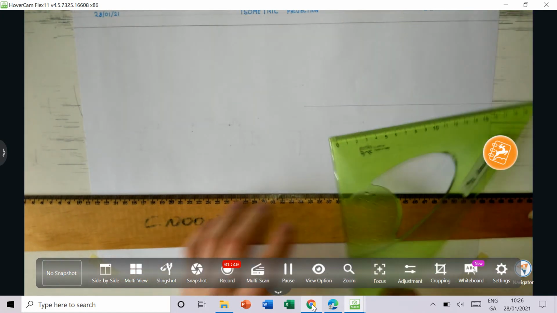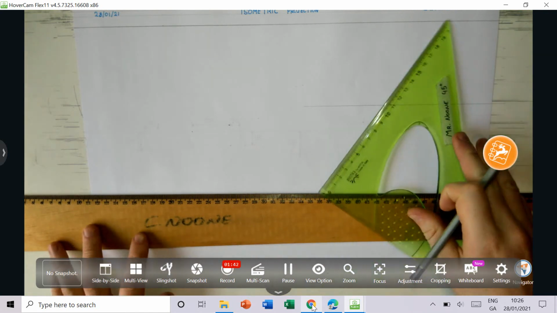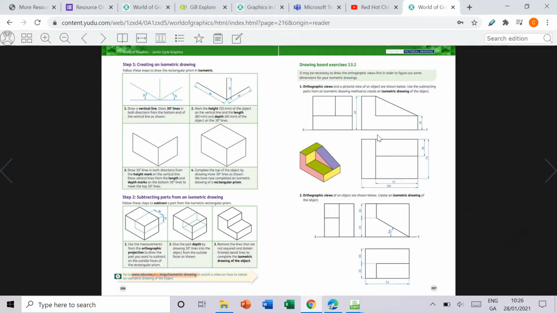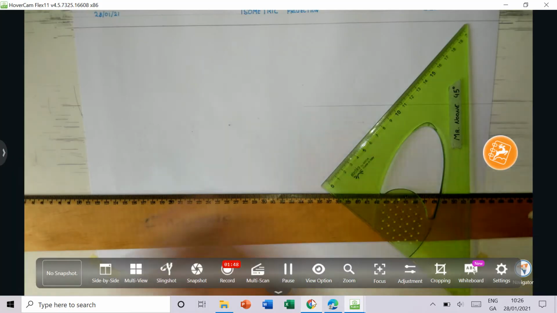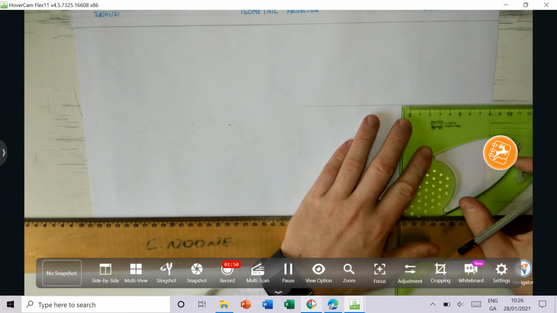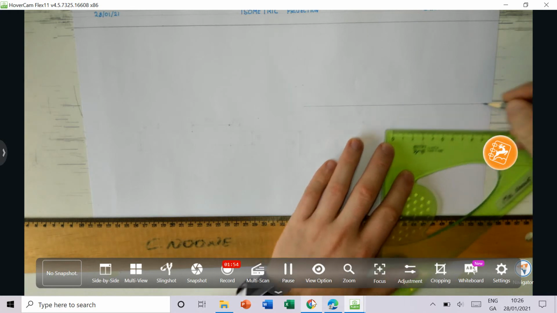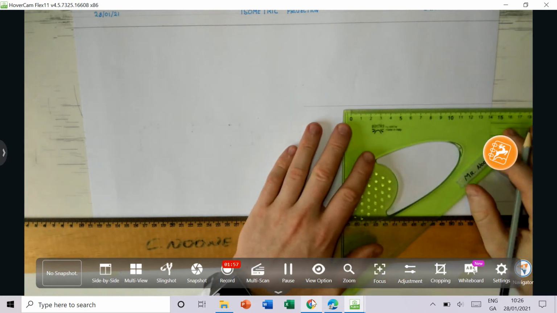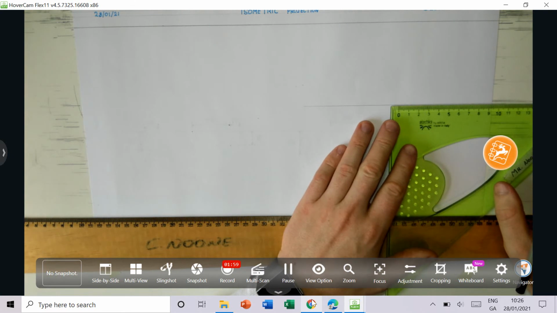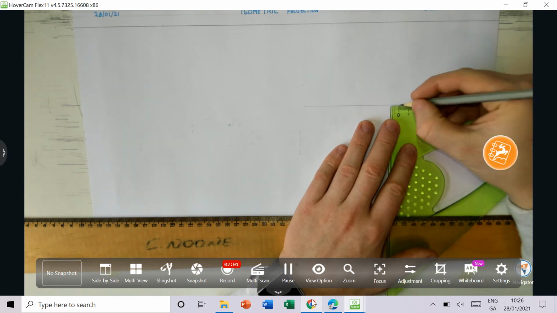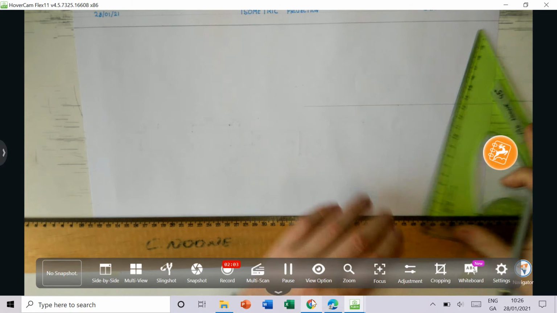Okay, and we said that the overall height is 56 and the overall width then is given as being 74. So I'm going to measure out 20 mil to get this point. I'm going to measure out 74 past that. At this point,